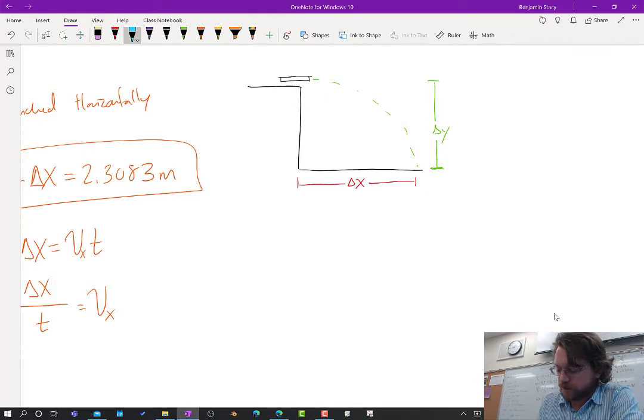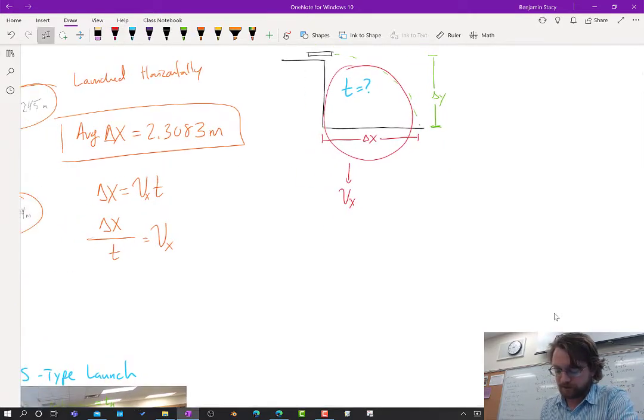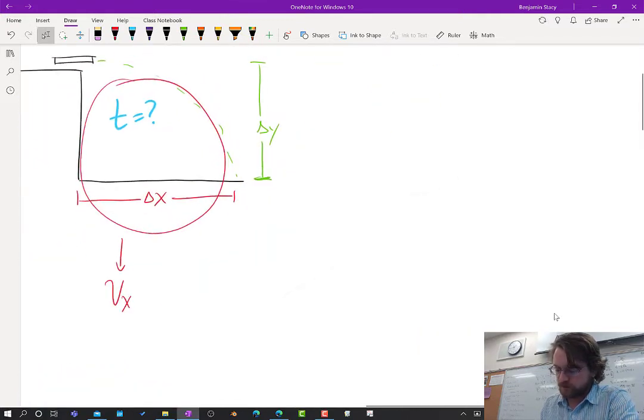And with that information I could get the time, and then with these pieces of information I could get the velocity. So that's exactly what I did for this new projectile launcher that's launching the steel ball bearing. So when we go to find the time over here,